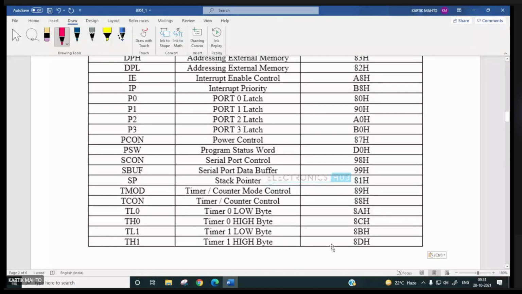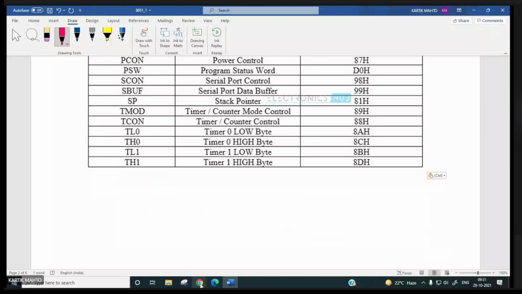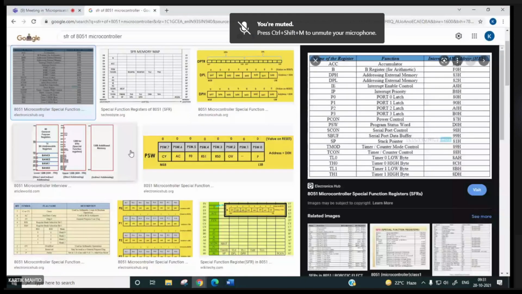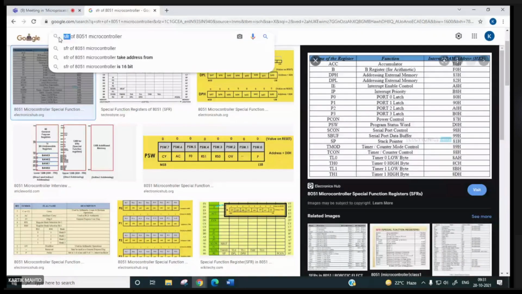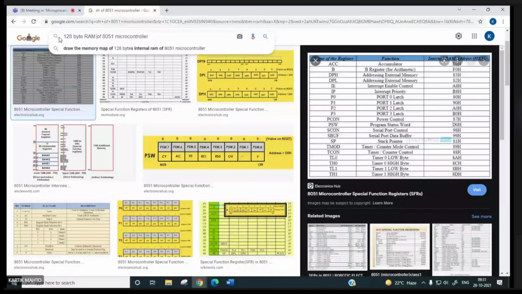Anyway, then I will have another very important image: the 128 byte RAM of the 8051 microcontroller.